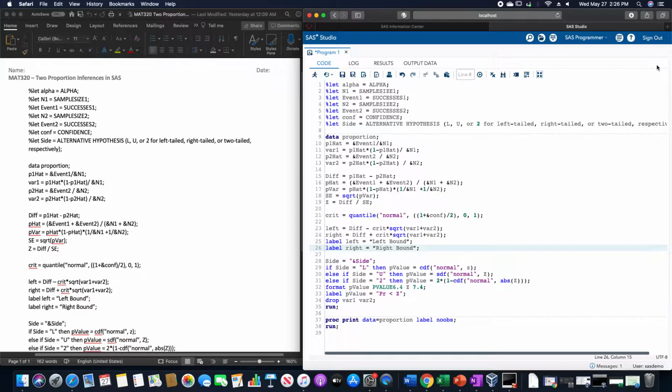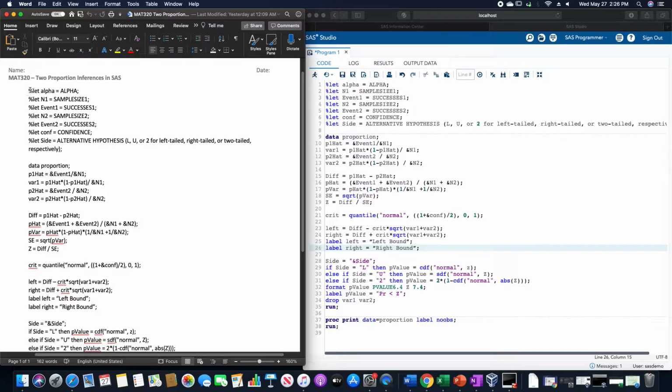In this video, we are going to go over the two proportion inference in SAS. This program that I have on the screen here, I wrote in order to accurately display the hypothesis test and confidence interval for this, since there's unfortunately, at least from my research, no direct way to do it nicely. So I have here the whole section where you type in all of the